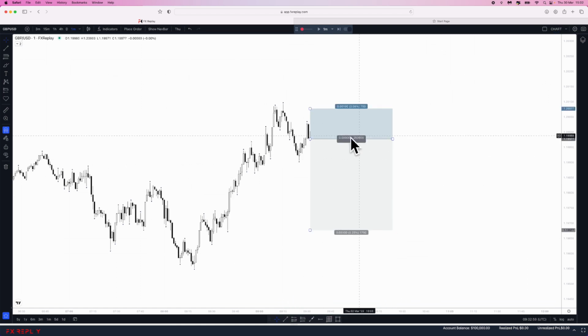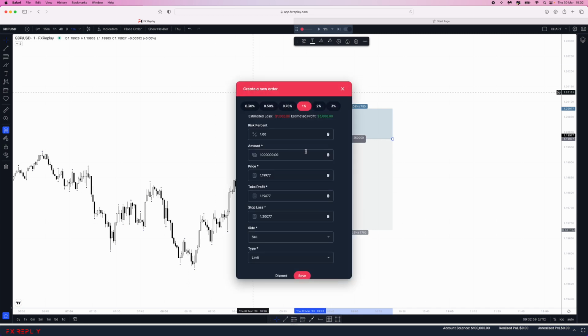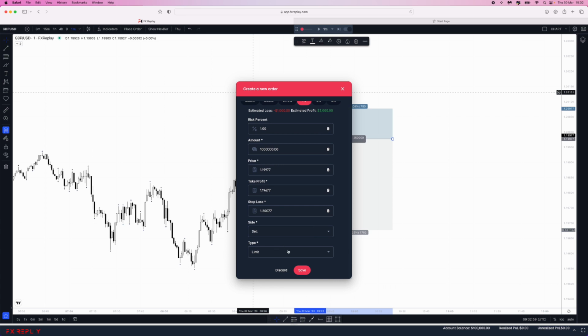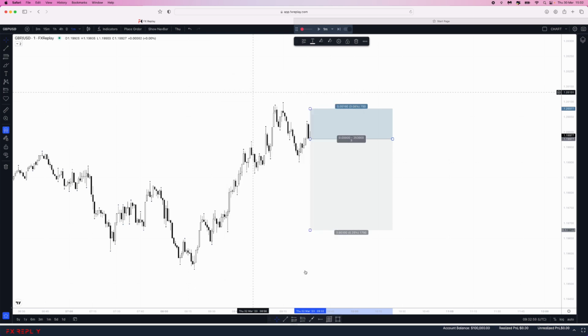So for example, if I just wanted it like this, what I would do then is click on the risk to reward tool just to highlight it, and then I will come to the top left right here, click on place order, and then what you want to do now is enter in obviously your risk parameters, so 1%, 2%, 3%, whatever you want to risk, and then you can go down to type, click on the drop down menu, and choose whether it's a limit, a market, or a stop order. So for me, on this example right here, I will just click on market execution, click on save,